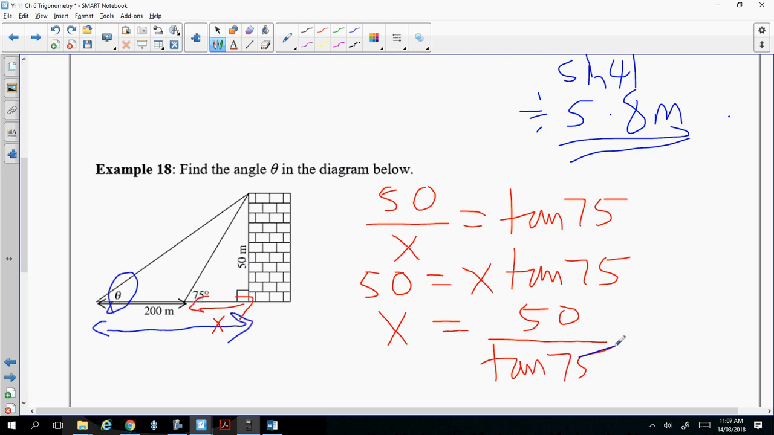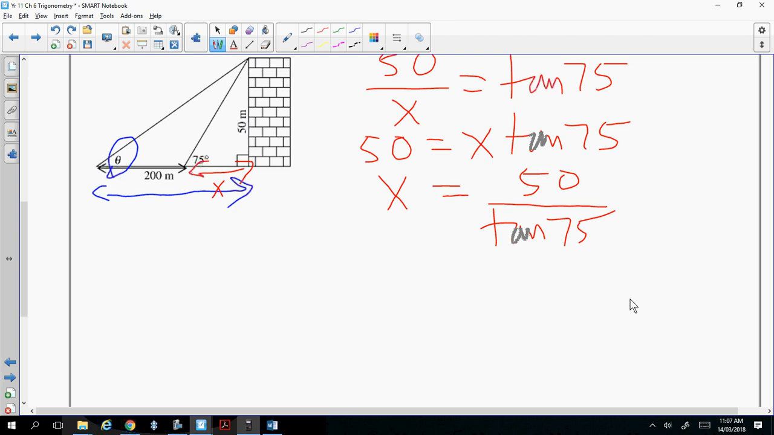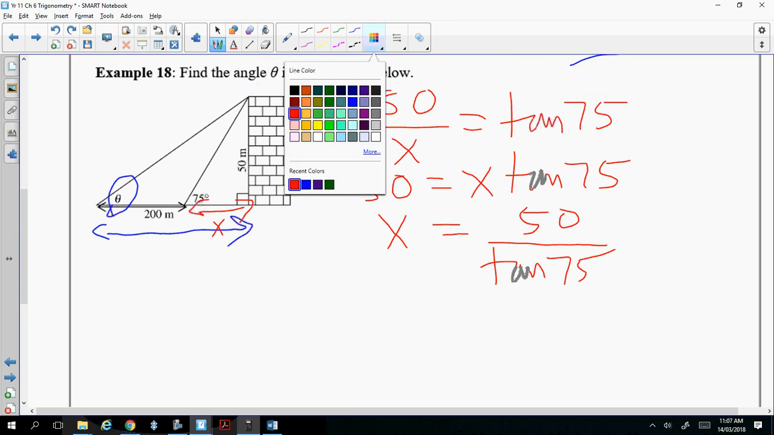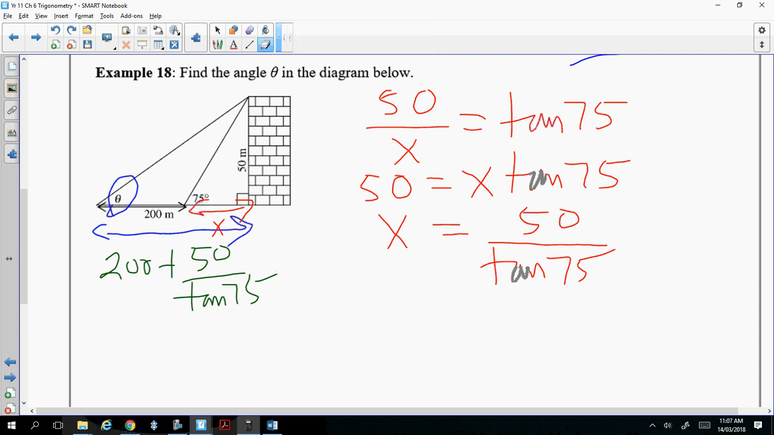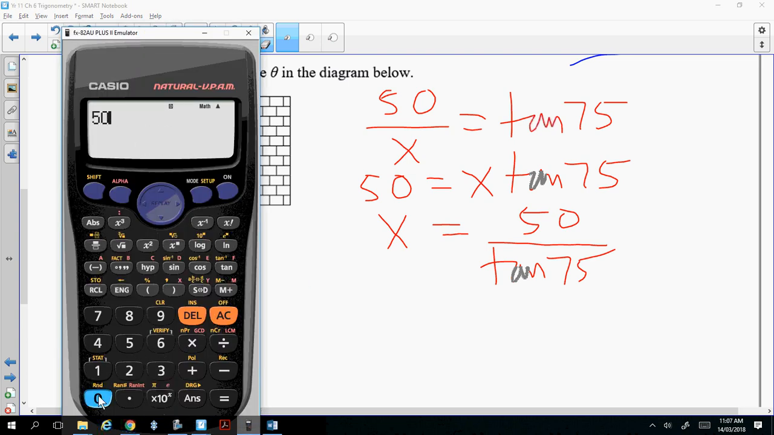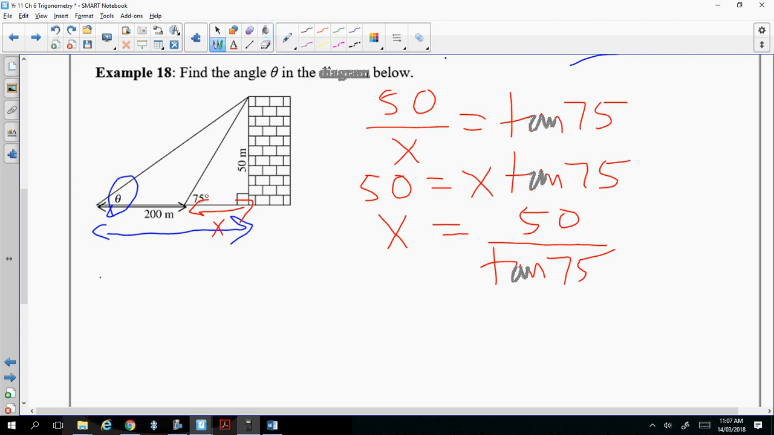Now I'm going to leave it as it is because that's exact. Try not to round your answer in the middle. So the bottom length will be 200 plus 50 over tan 75. Actually, that's going to be annoying, so maybe we just work it out on the calculator, correct to two decimal places. So 50 divided by tan 75 gives 13.397. Then if you add it together, you get